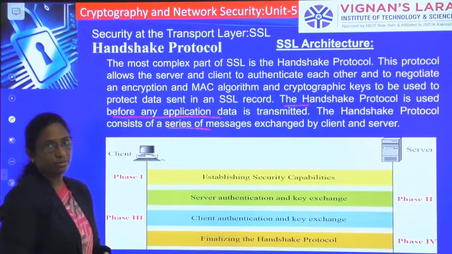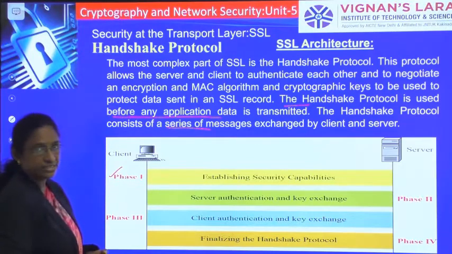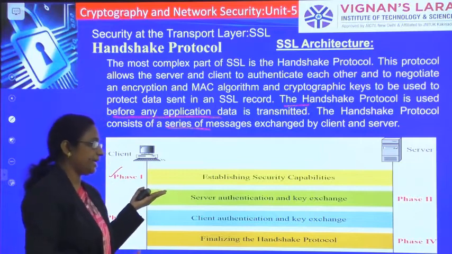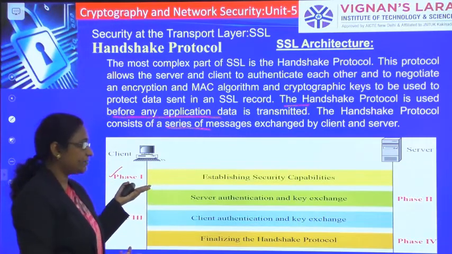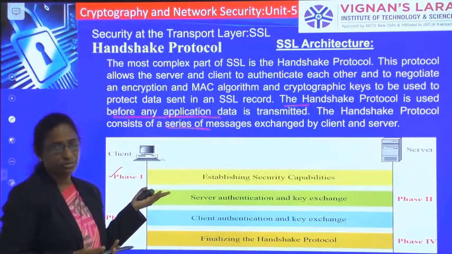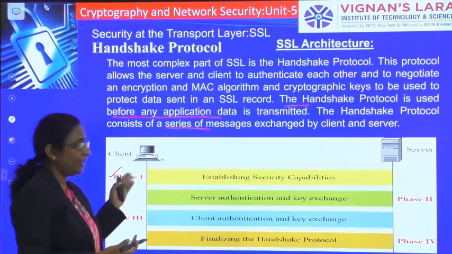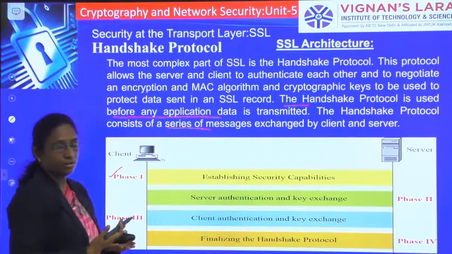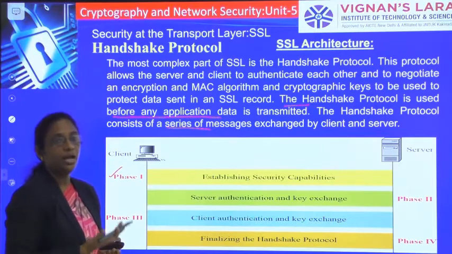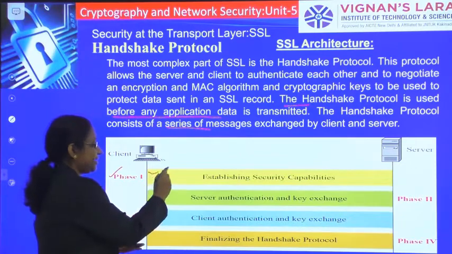In phase 1, establishing security capabilities, they establish what cipher suite they have to use and what the version number is. All of these will be communicated: the cipher suite, or we can say encryption algorithms, hash algorithms, key exchange algorithms, and some random values. All of those are negotiated in phase 1.